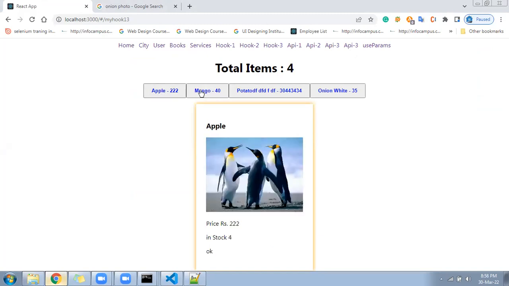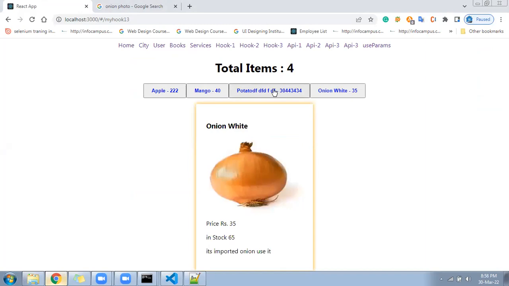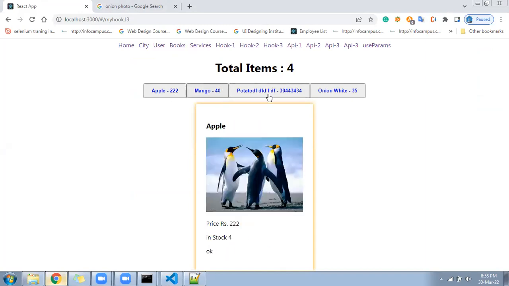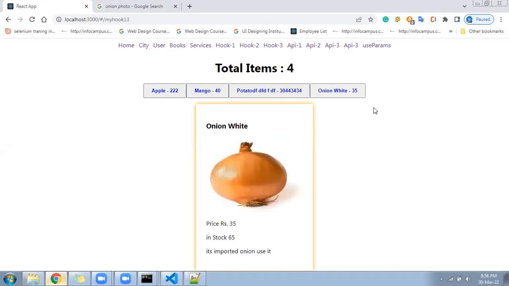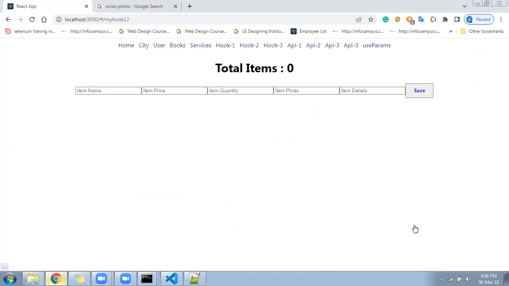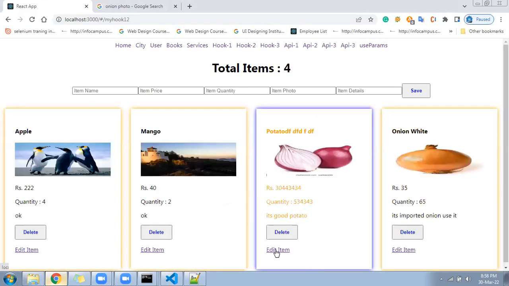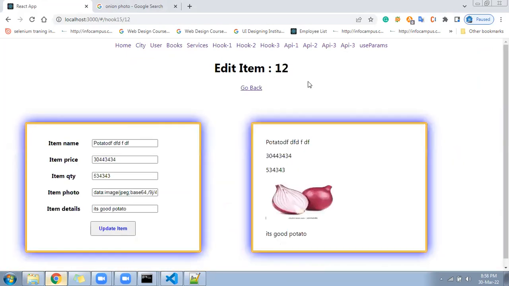Okay, something like this. If you have 100 products, 100 buttons will come here. Wherever you click, the data will appear. This listing is over. Our next is we will see one example of props, not props. Props we have made one day. Next example, which we have is